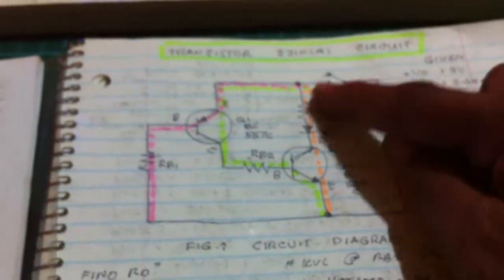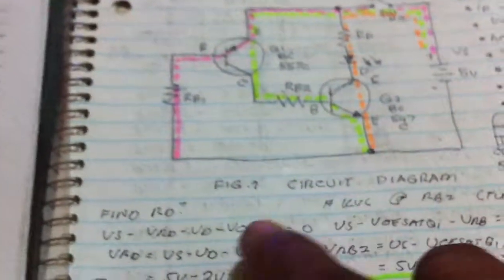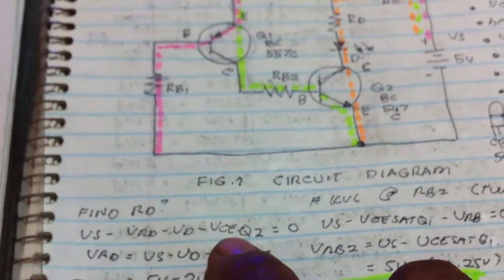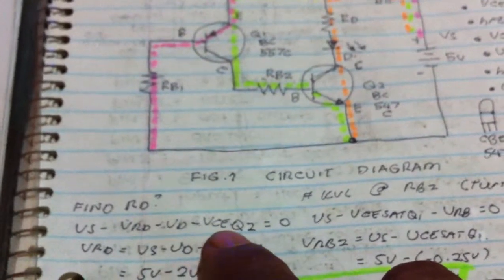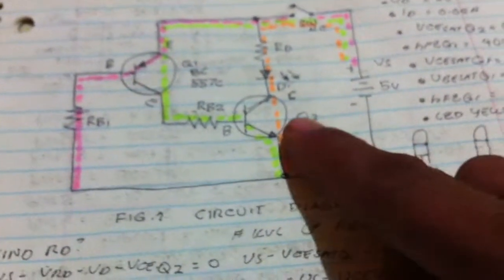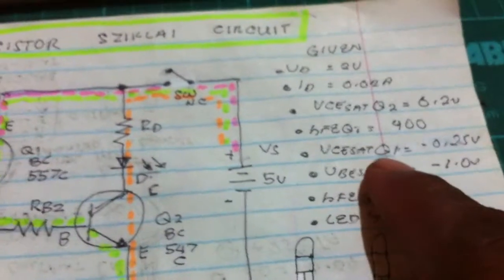Finding RD here using Kirchhoff's voltage law, we get here the voltage supply minus the voltage drop across the resistor, the diode, and the collector to emitter voltage of Q2. VCE saturation is,